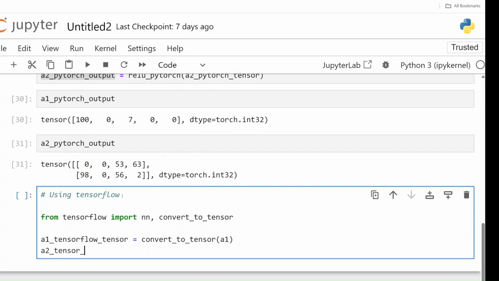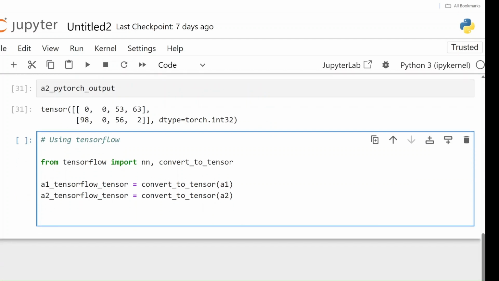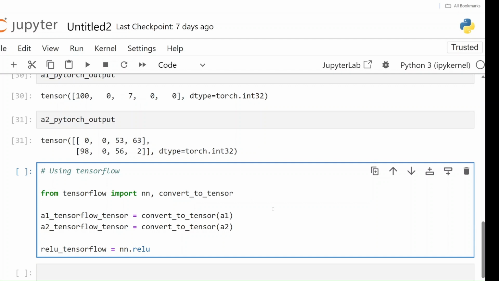Then A2 TensorFlow tensor is equal to convert_to_tensor, and this time we're going to pass A2. And now again we just have to define our ReLU function as well. So I'm going to say relu_tensorflow is equal to nn.relu.